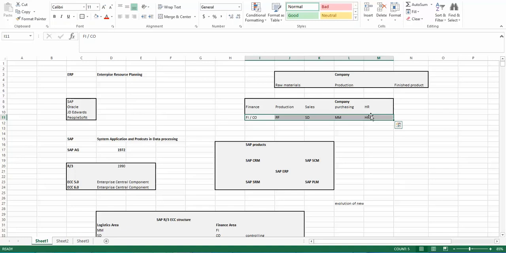So SAP itself would help the business in generating such reports so that they could take important decisions for the business, which would help the business grow further. So that is the important use of implementing SAP. It's not just for recording the transactions that are happening in the company, rather the recorded transactions are converted into meaningful data at a later point.